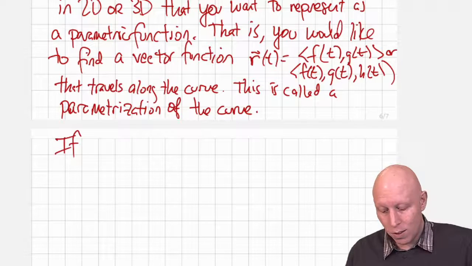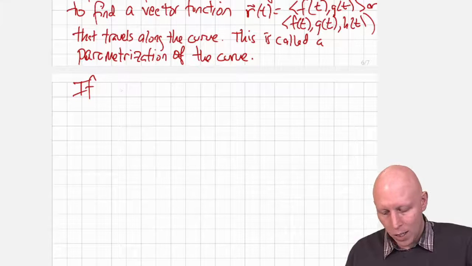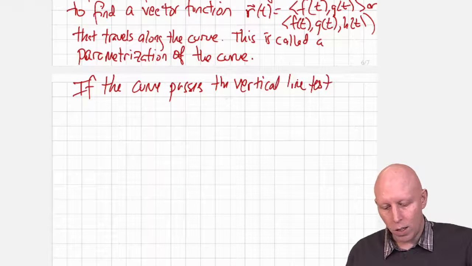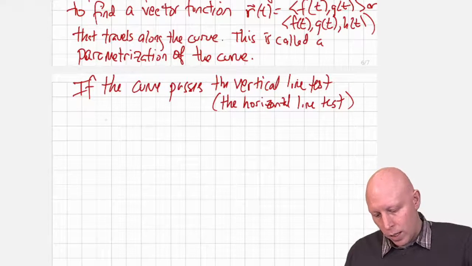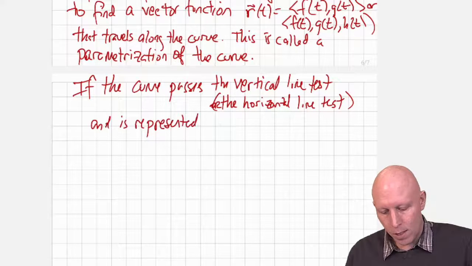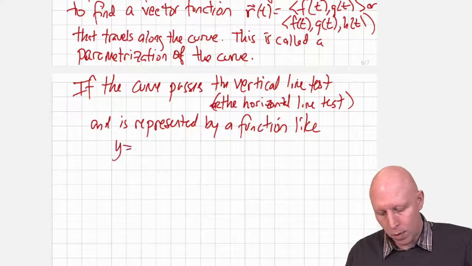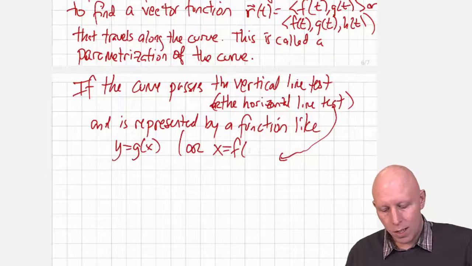So if the curve is a nice curve, and we're going to talk about a couple of different types of curves, if the curve passes the vertical line test, and we're also going to consider the case where it passes the horizontal line test, and is represented by a function like y is equal to g of x, and if it passes the horizontal line test, maybe it is represented by x is equal to f of y,